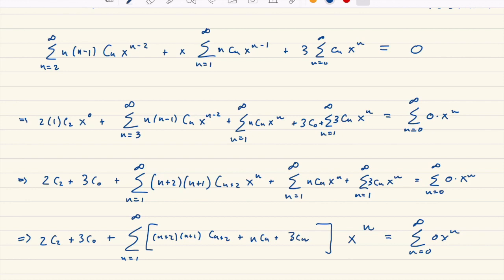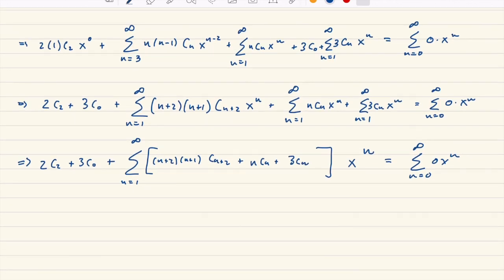So what that means is that each of the coefficients on the left is going to be 0, because we're again comparing these coefficients on the left to 0. So each of those will be 0. And so let's just think what we have now. We have 2c_2 plus 3c_0 is equal to,